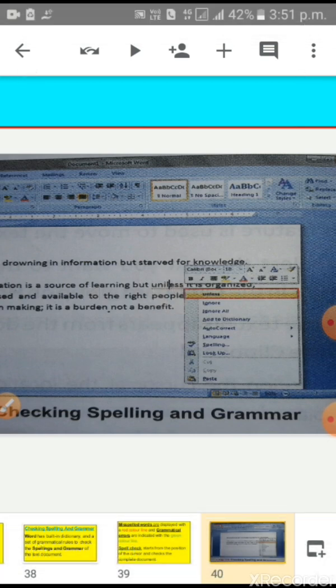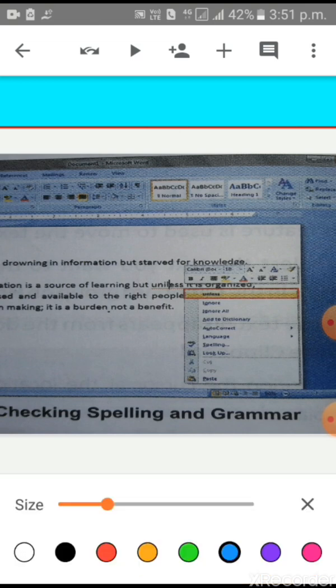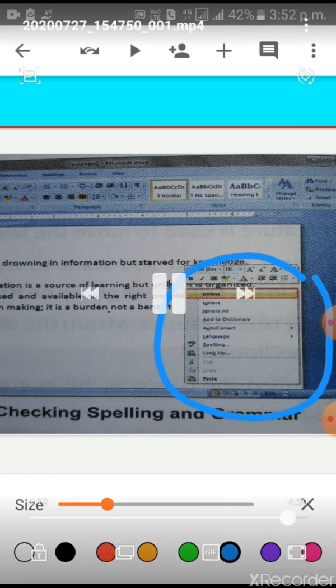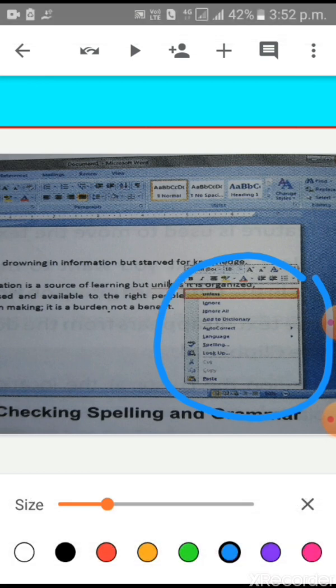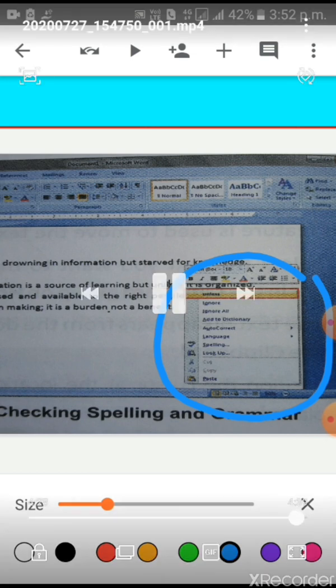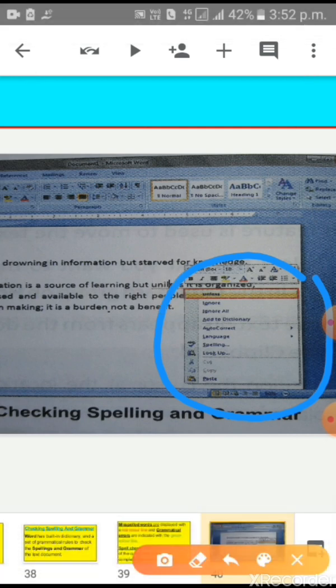If you are right clicking on that word, these options will come. You have to check the spelling of that word and click here. It will change to the correct spelling. Clear?